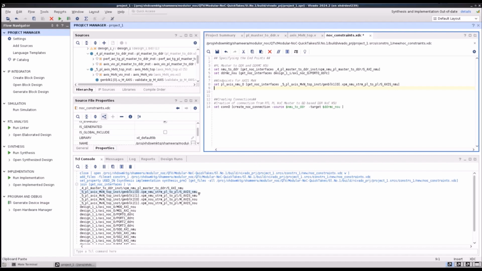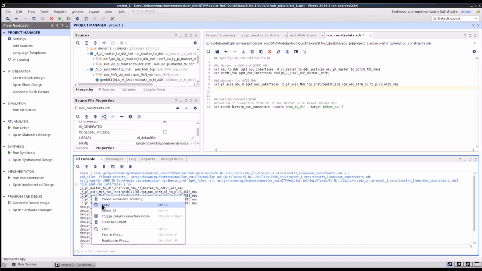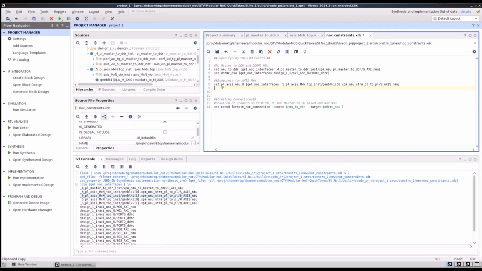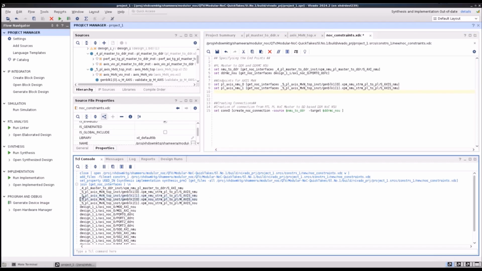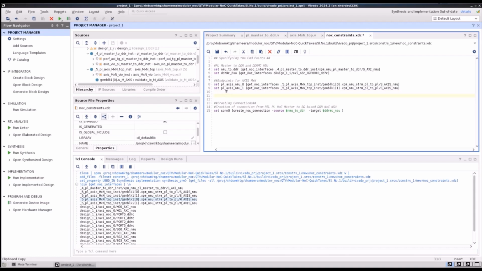Similarly, we'll copy the NMU interface of the XPM instance 1 and specify it as PL AXIS NMU 1. We'll do the same for the NSU interfaces for both XPM instances 0 and 1 and specify those as PL AXIS NSU 0 and PL AXIS NSU 1 respectively.